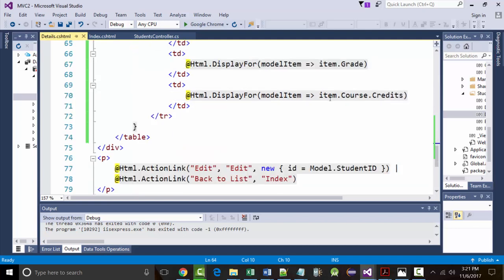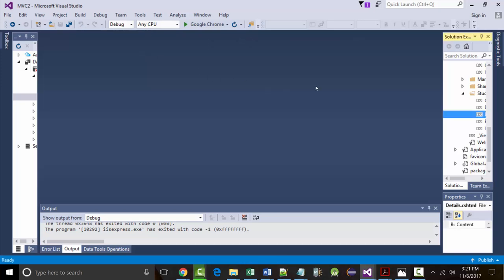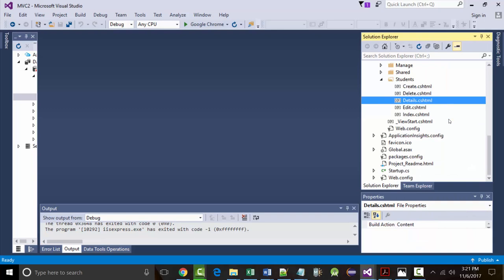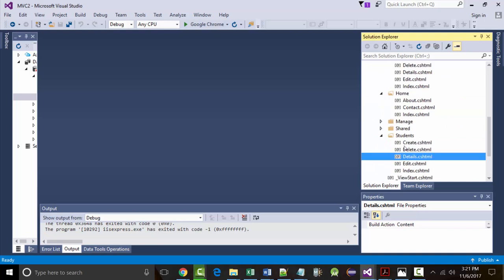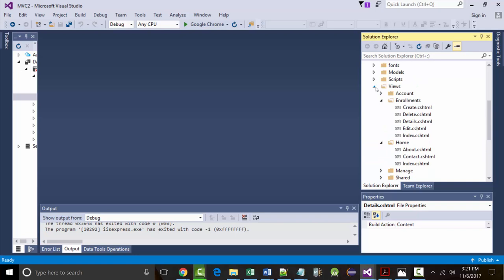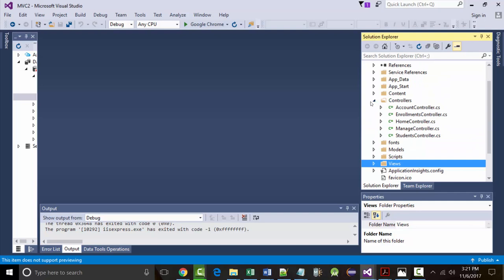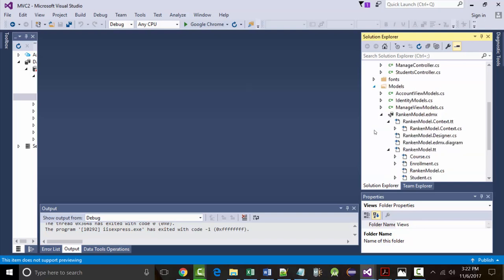All right. So in order to do that, I don't want to have anything open right now. You can, but it's not going to hurt anything if you do, but I'm not going to have anything open. Now, let me close this. I'm going to close views. When I look under controllers, you can see what's there. I've got a home controller, a students controller, and an enrollments controller. When I go under models here,